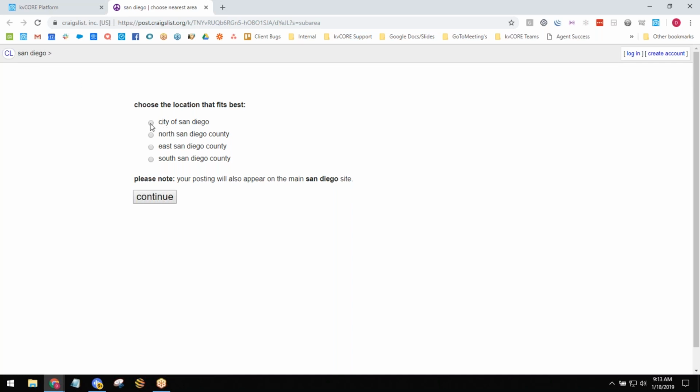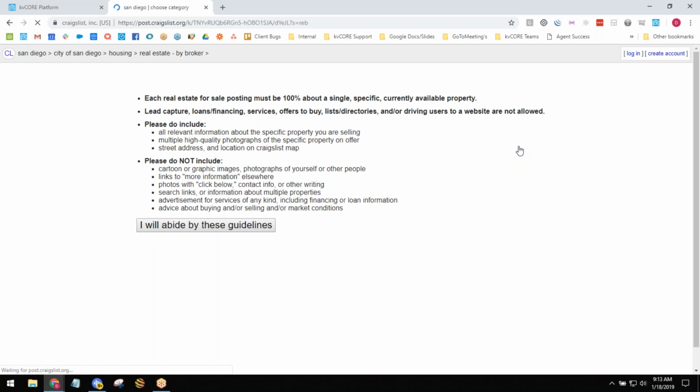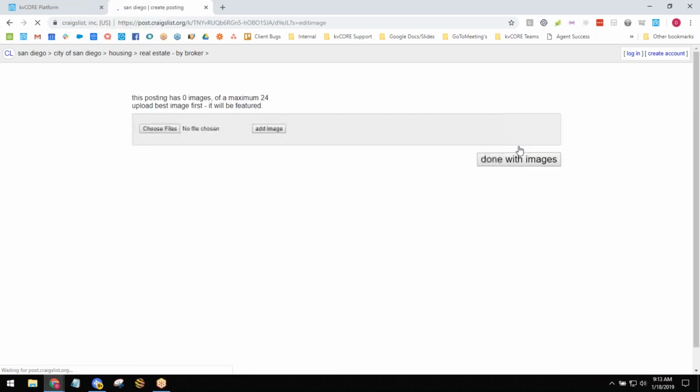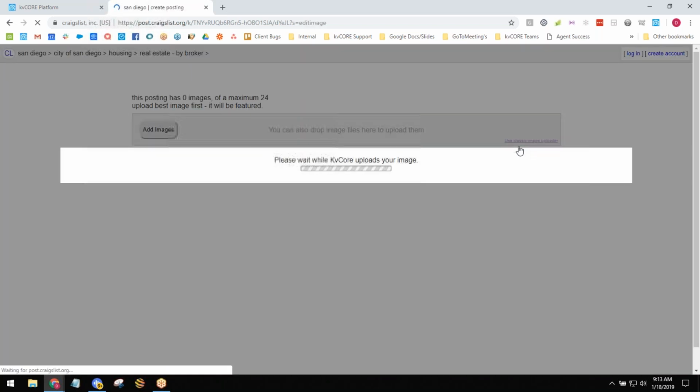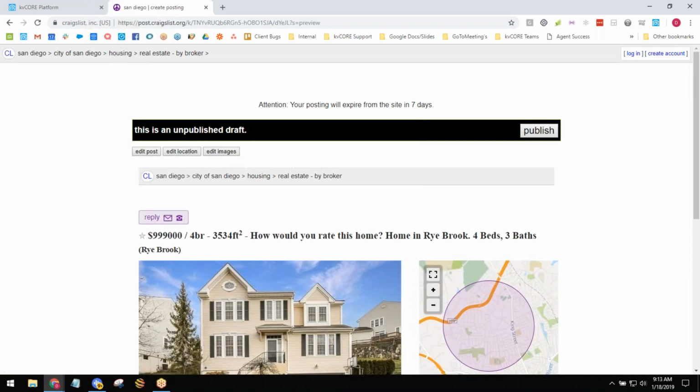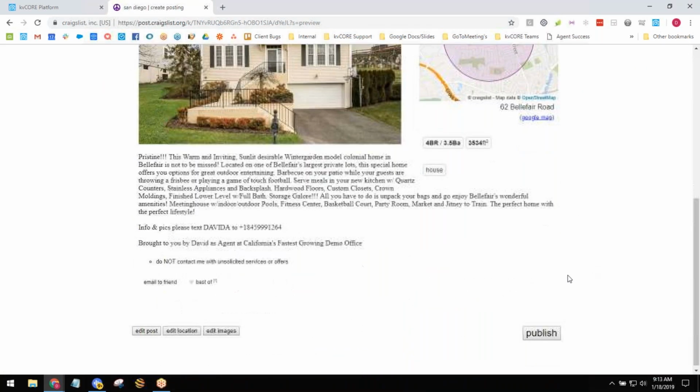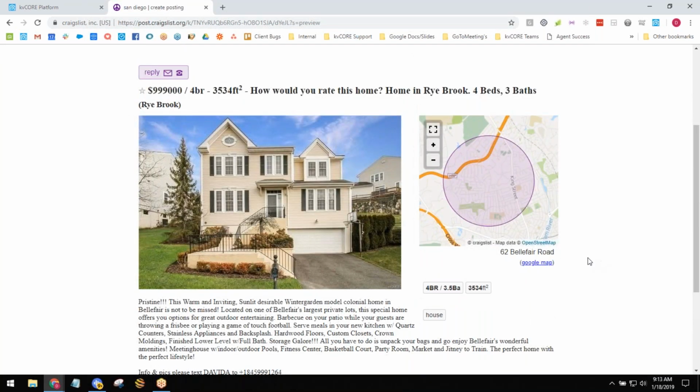Once I click on this button, I'm just going to move my hand off of my mouse. I'm just going to click on this one button and then move my hand off the mouse here, and let it do its thing. It's automatically going to go through the steps of saving me the hassle of creating my post on Craigslist. So just like that, we have a post that's ready to be fired off to Craigslist.